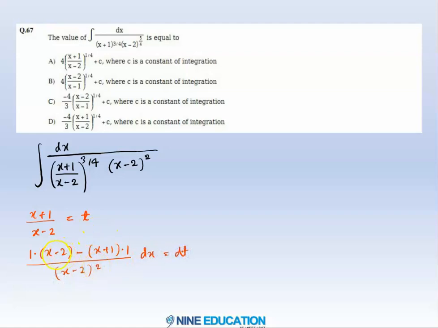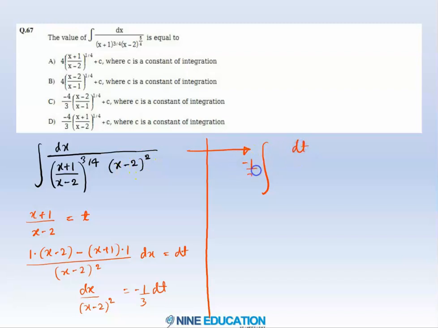So from here on the top, if you observe in the numerator part, x will get cancelled, we'll be left with minus 3. So I can write dx divided by (x minus 2) whole square is equal to minus 1 by 3 dt. So now using this, the entire integral expression will change to this: dx by (x minus 2) whole square, I can write dt divided by minus 1 by 3, that will go outside, that divided by t power 3 by 4. It means the answer will be minus 1 by 3 t power minus 3 by 4